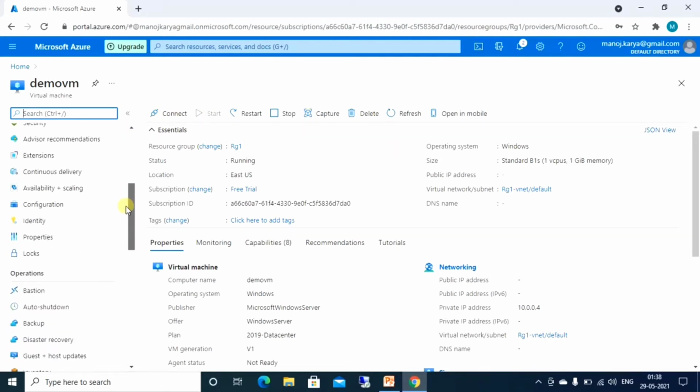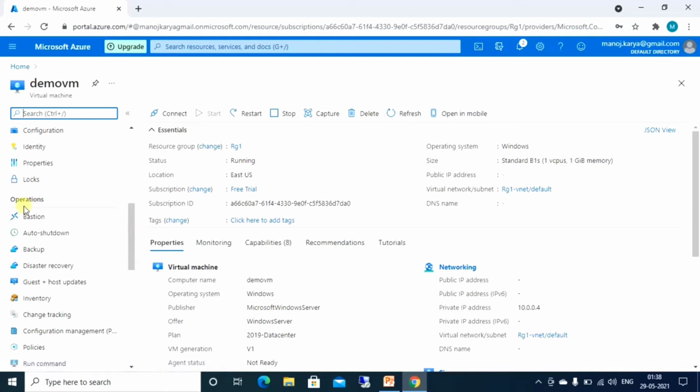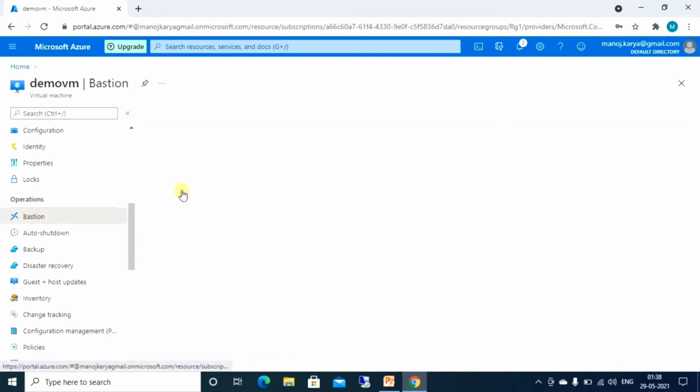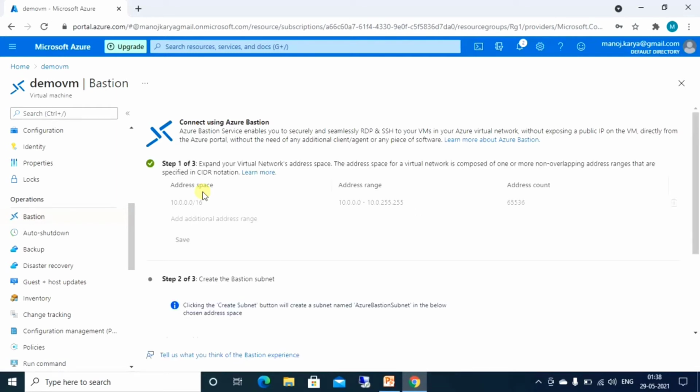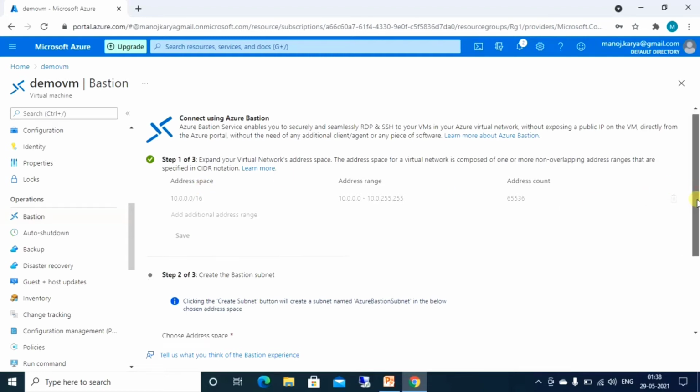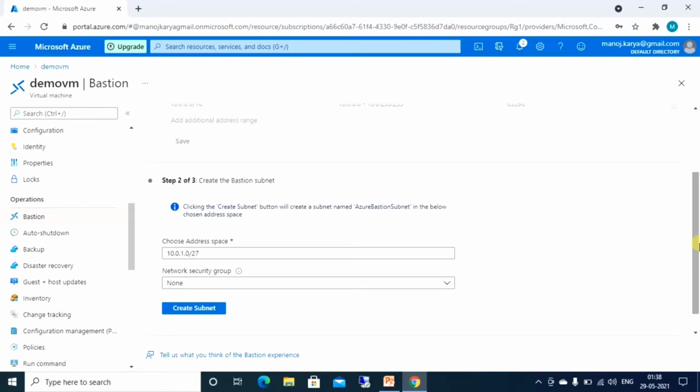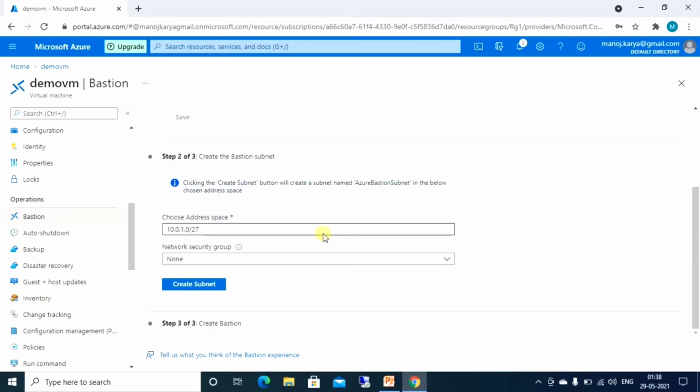Here we see the Bastion option in the operations section. Let me click on it. Here we need to create the dedicated subnet. It is taking the default, and the recommended size is /27.